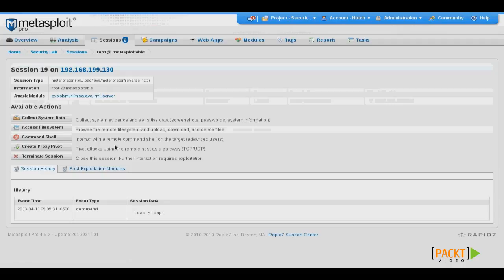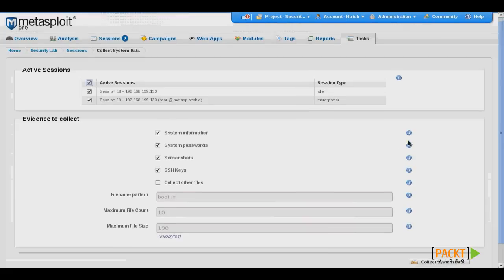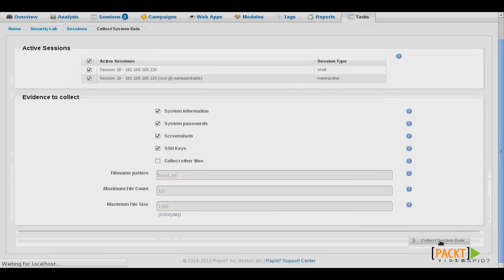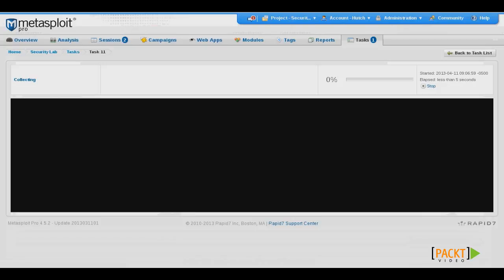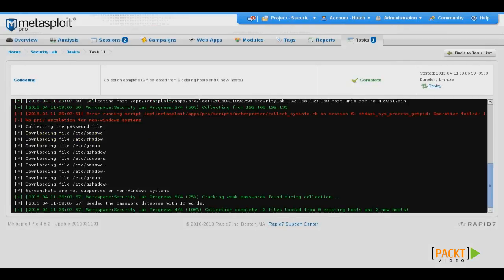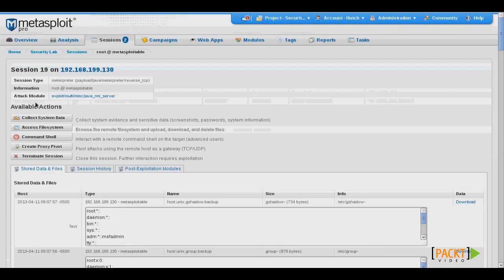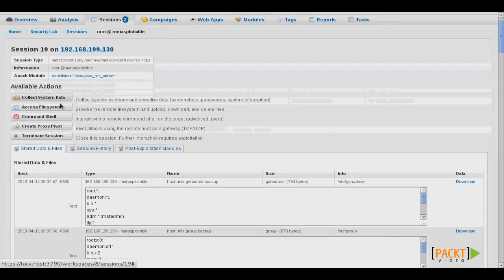We'll start by collecting system data. To collect our system data, we'll select our active sessions and then click the button at the bottom. And this will begin to gather all kinds of information from the target system, to include password files, sensitive files, and cryptography keys, and all kinds of other information. If we click back on our session, we can see that that information has now been populated in the stored data and files. We can also click Access File System,